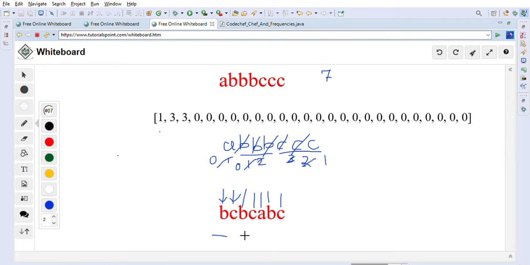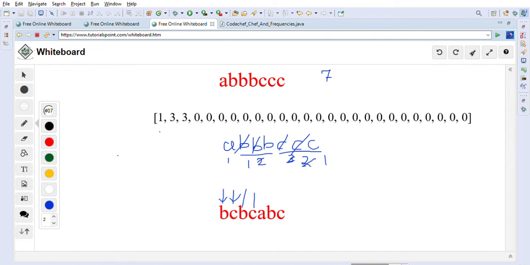So that's how we have to create the new string from the given string. We will always choose the maximum frequency character but lexicographically smallest, right? That is the condition, and this is the string that we will create, and we have to return this string as the answer. The length of the new string and the given string is the same, both are 7 letters, right? So both are the same.